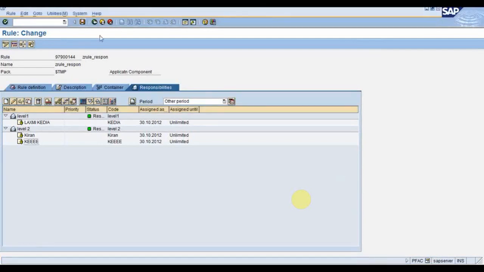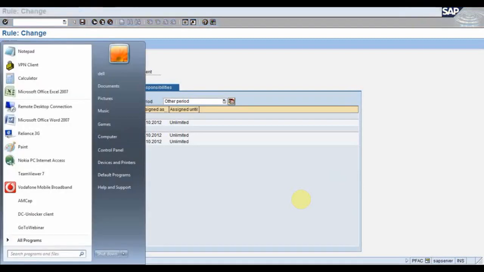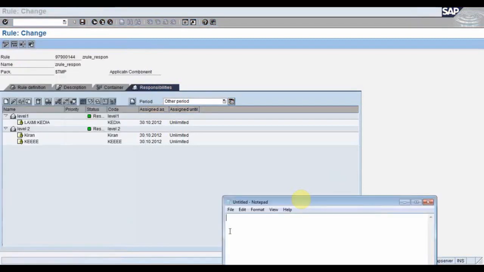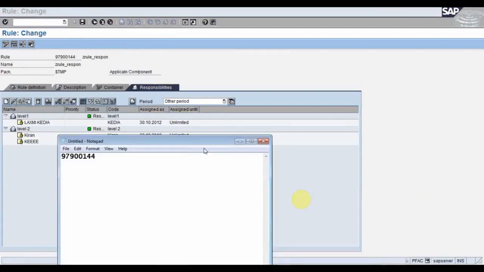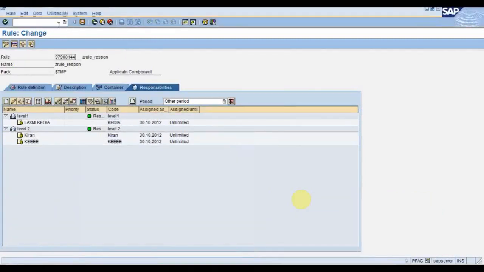Okay, so let me move on. Here you can see I have got the rule number. Just copy this rule number and note it down so that we can use it. Now going back to the workflow builder.